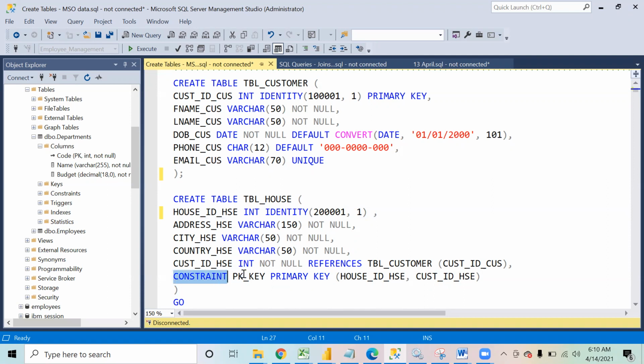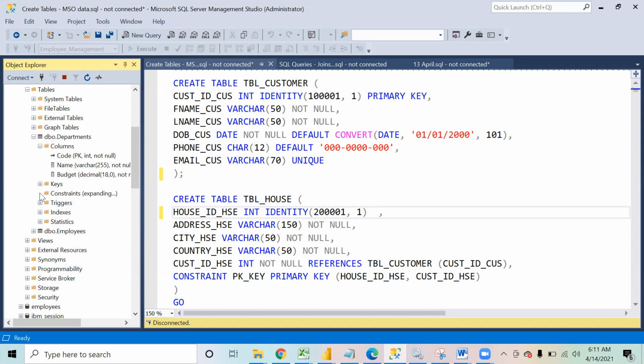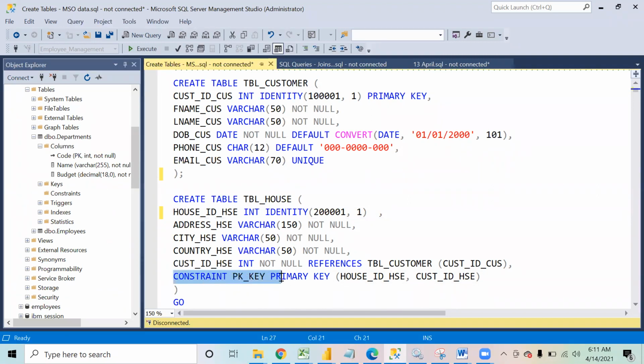Although when you create a primary key a constraint is also created by default, and you will be able to see the constraints here. Or you can create a constraint by writing it down yourself. You give a name to that constraint, and what type of constraint it is, a primary key or a unique key. You write that, and then you give the name of the column.